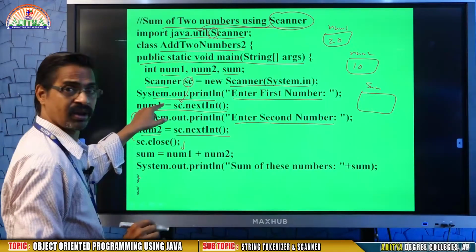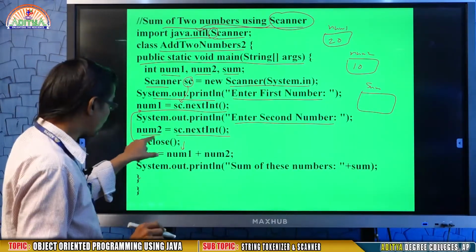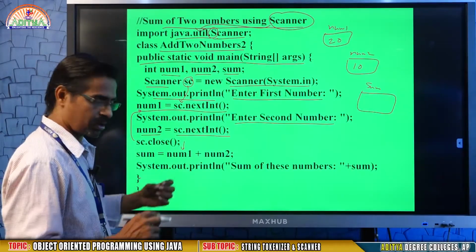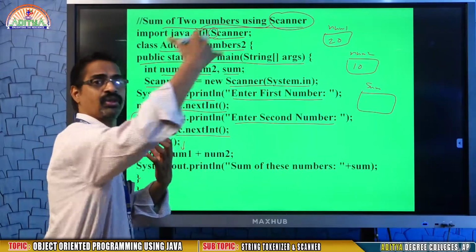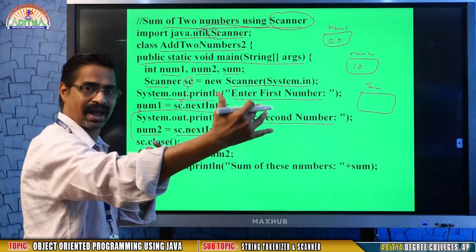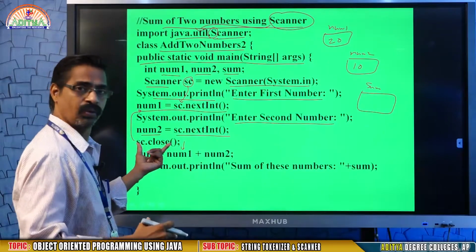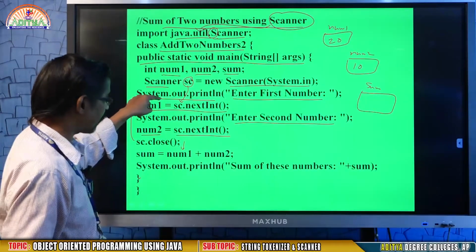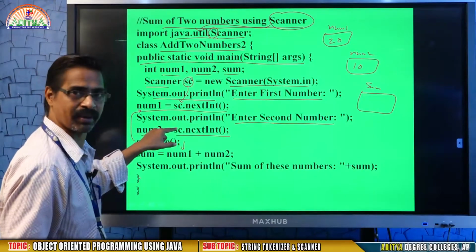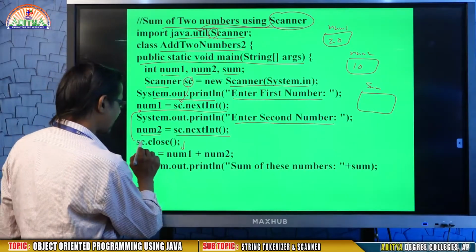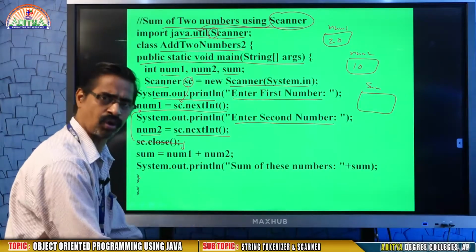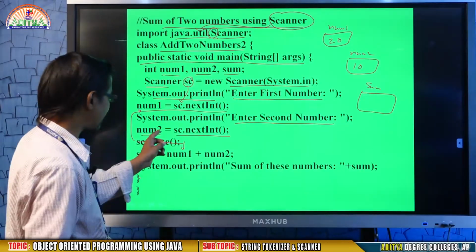It will take the first number, but it won't take the second number, because you closed the object. With sc.close, the communication from the object to the Scanner class is cut, you close it. That's why it will read the first number above but not the second number. If you do not write sc.close, nothing happens. After that, anywhere until the end of your program, you may read any value.